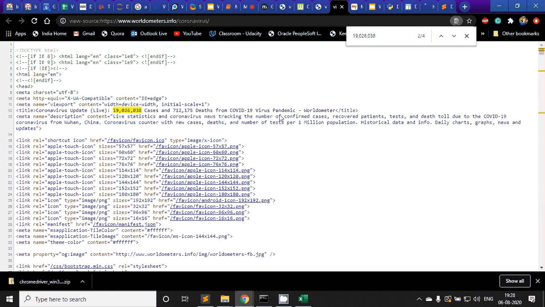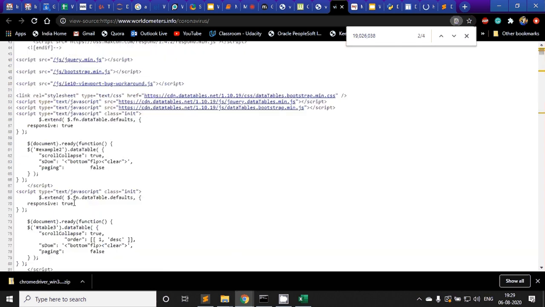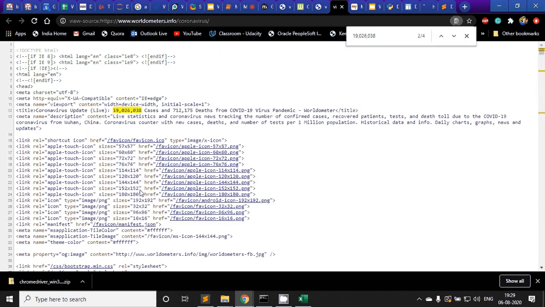So the browser creates a document object model, a hierarchy where the elements are present. The advantage is that it makes it easier to manipulate those elements.